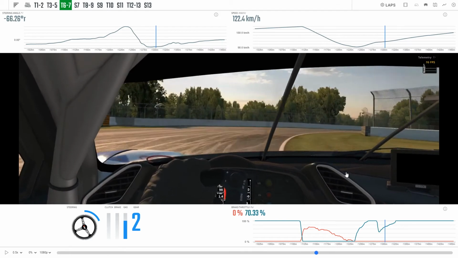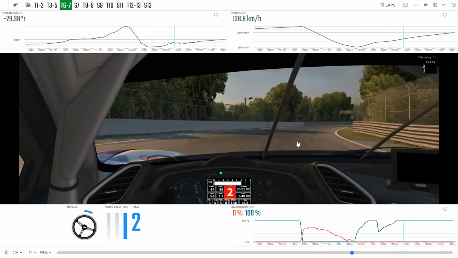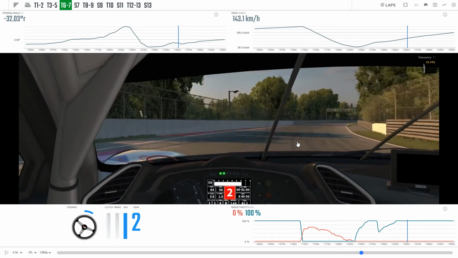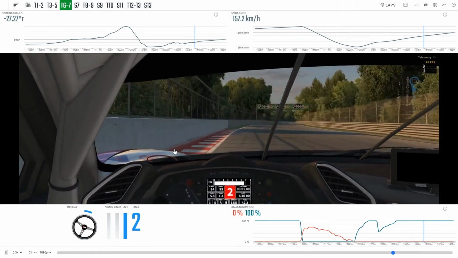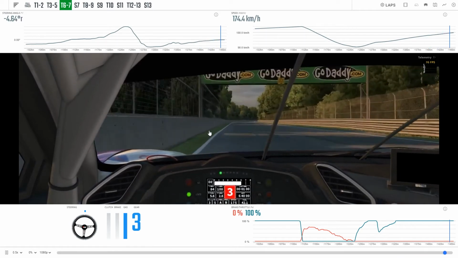Up into second gear before the curb finishes, and notice that he has lifted out of the throttle as he's done so, as he's had that gear shift, because the car can get really unsettled through the exit here. It's very difficult to get the power down, even though the circuit kind of opens up. It's very easy to get oversteer here. So again, you've got all this track on the exit available to use. Just be aware of the grass,